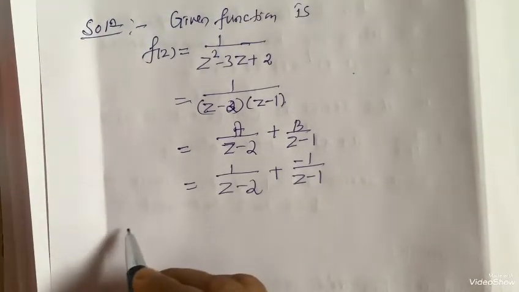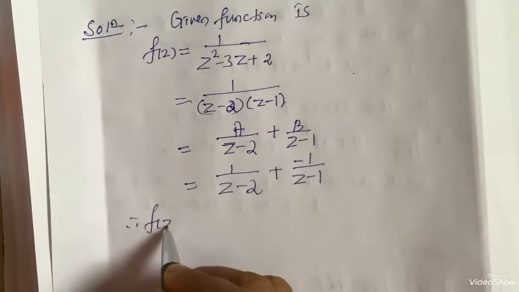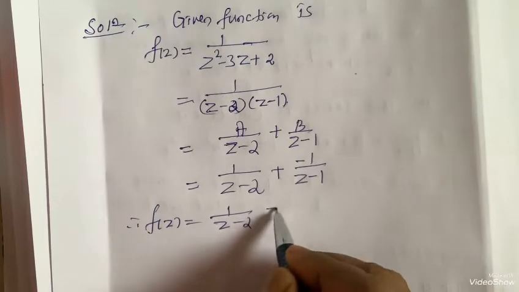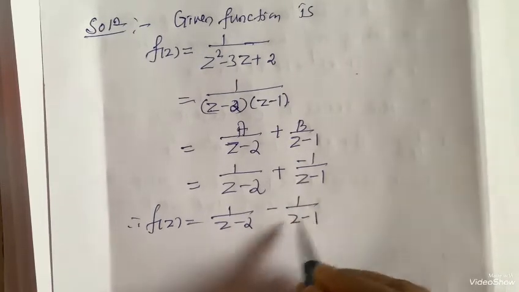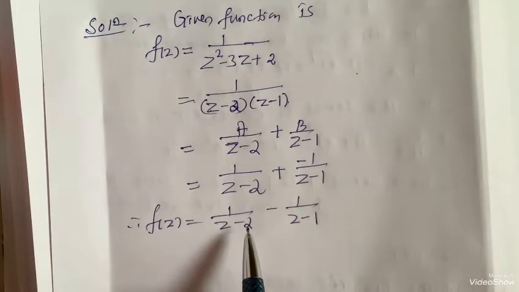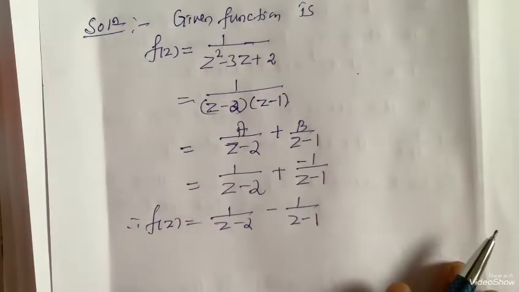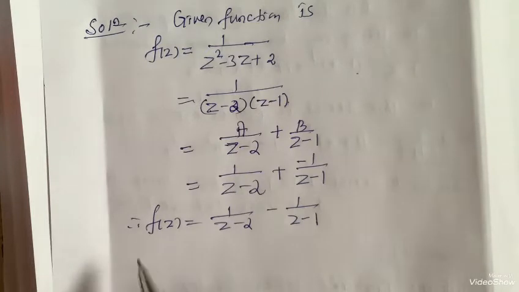Therefore f(z) is 1 by z minus 2 minus 1 upon z minus 1. For getting the partial fractions you get 1 mark. Then go with respect to the region here. So first region,